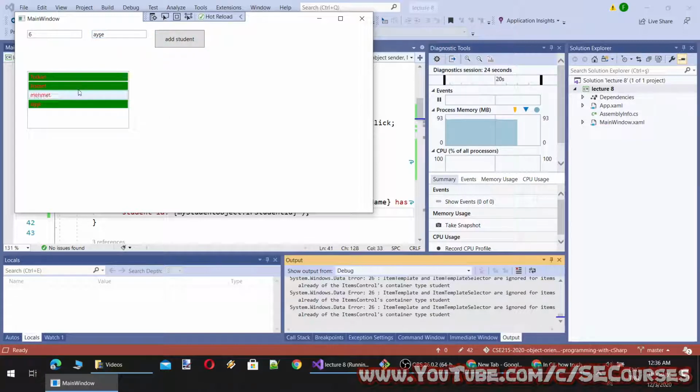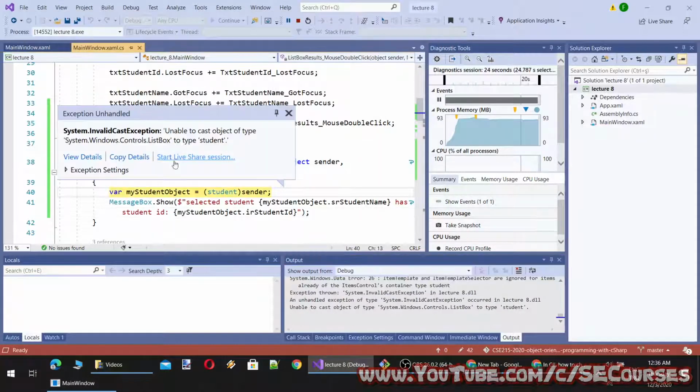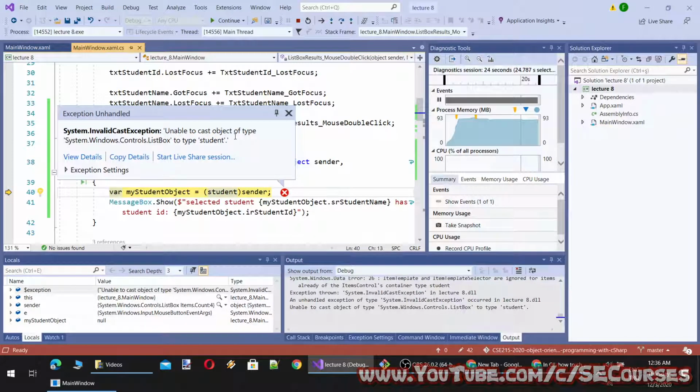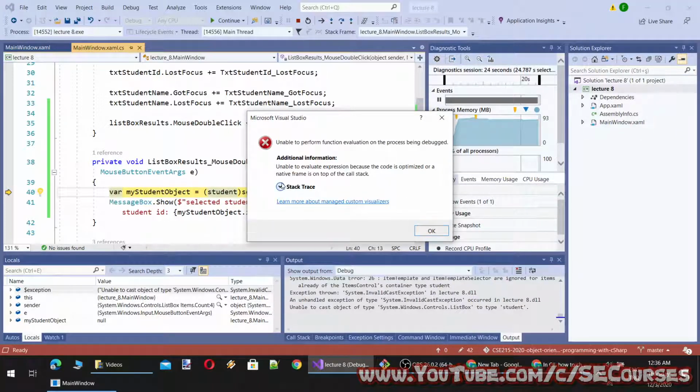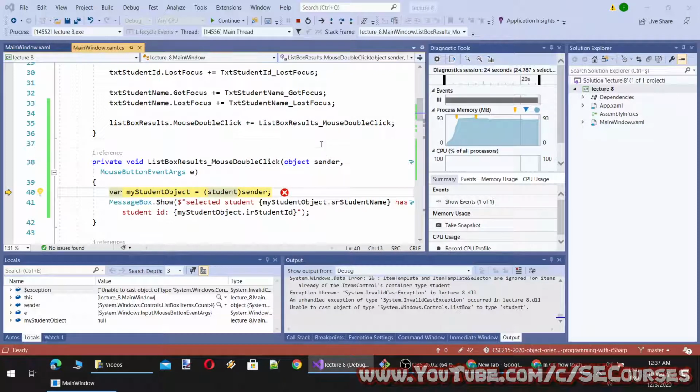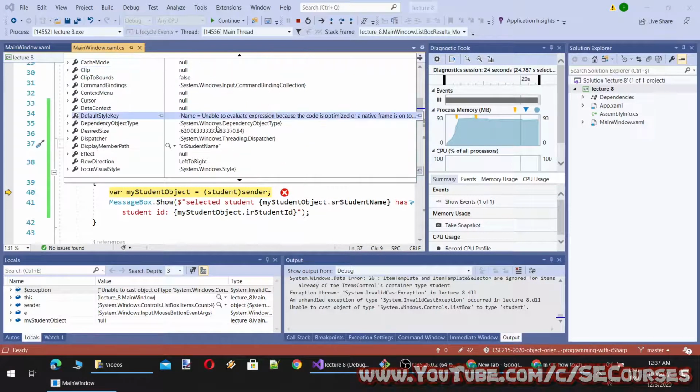Okay, let's double click. Okay, it says unable to cast object of type. So our sender is Listbox. Okay, so the sender is being the Listbox.